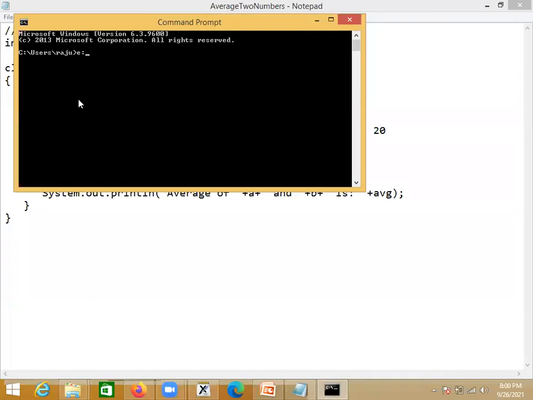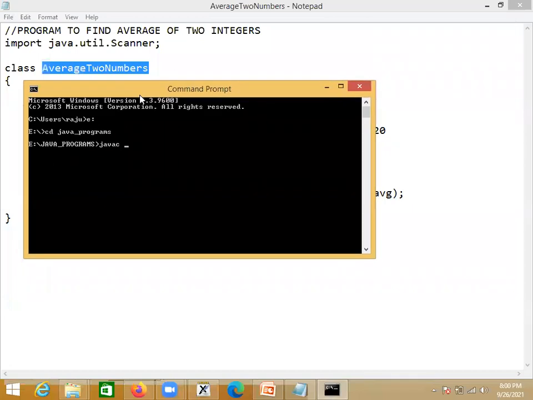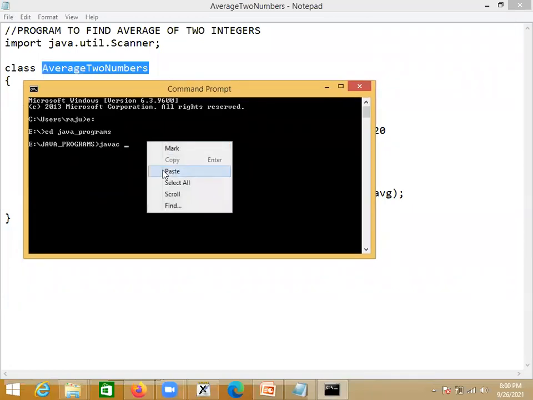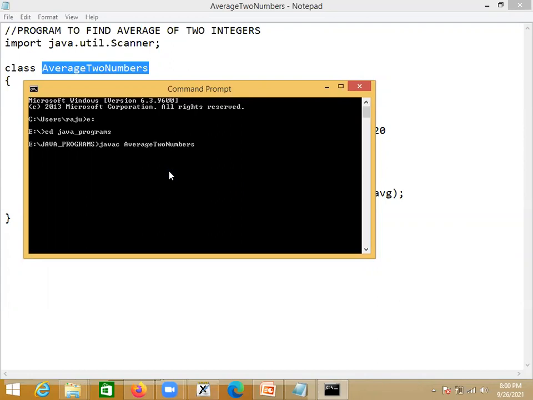I have saved my program in the E drive, so go to the E drive, into the directory Java programs in which you have saved your Java program. Now compile your program. So javac. What is our class name? AverageTwoNumbers, yes or no? So say javac AverageTwoNumbers.java.